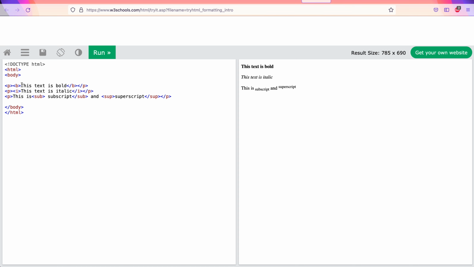You can see this text is bold. It is put in between the beginning B tag and an ending B tag, and therefore the text is rendered in bold. Likewise, if you want anything in italics, which is that slightly forward bent text, then that text has to be used within an I tag, I standing for italics. I tag is also a paired tag. There is a beginning I tag and there is a closing I tag. Whatever we put in between this beginning and the closing I tags is rendered in italics.